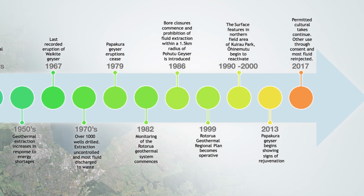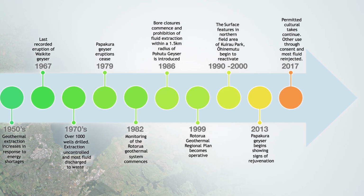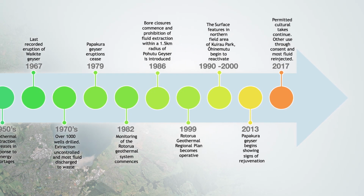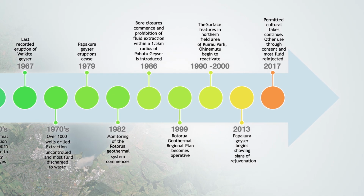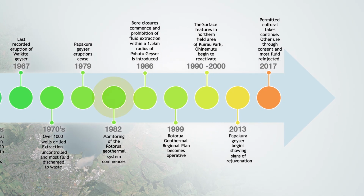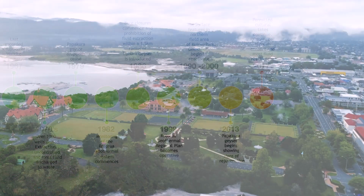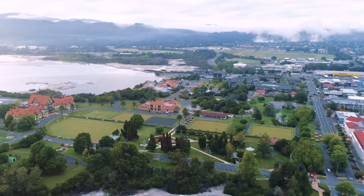While recovery was rapid for some features, others have taken much longer, and some may never recover. The decline and recovery of the Rotorua system has been closely studied and monitored, starting with the Rotorua Geothermal Monitoring Program in 1982. Our past experience informs our understanding now, and the management of the resource continues to be heavily